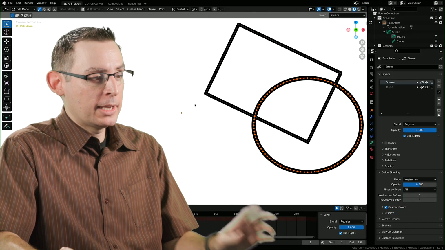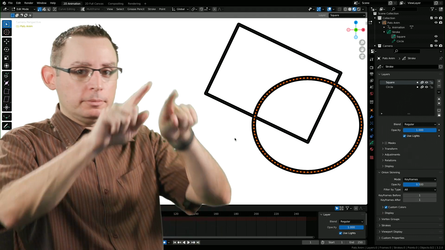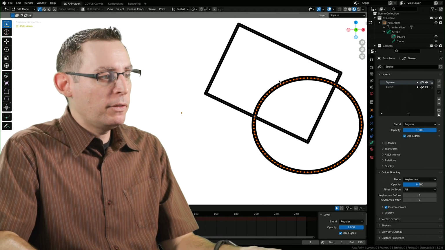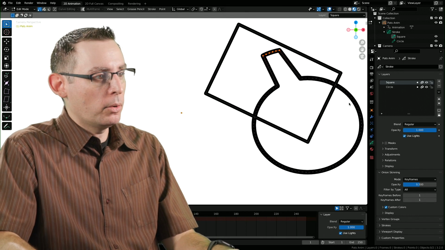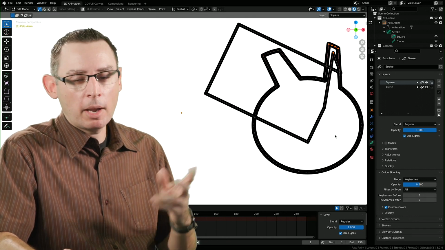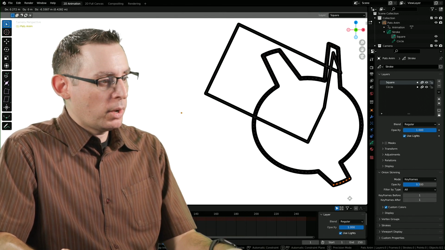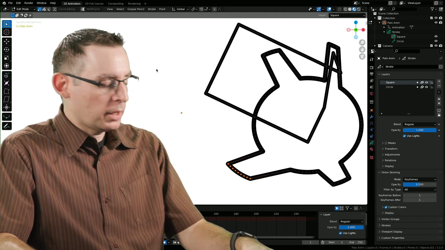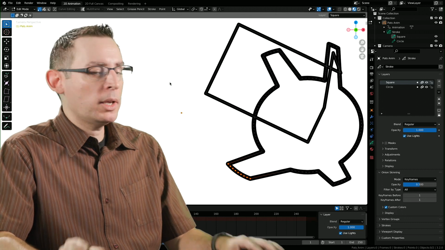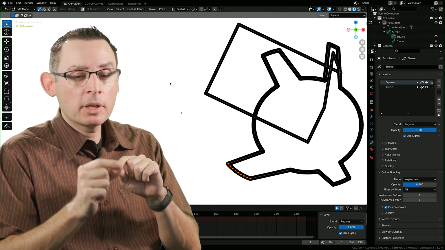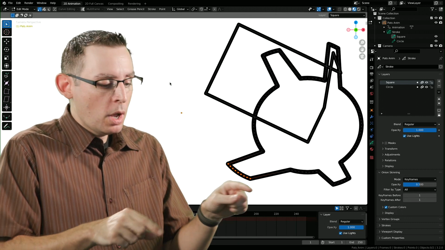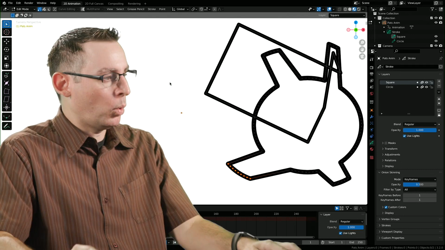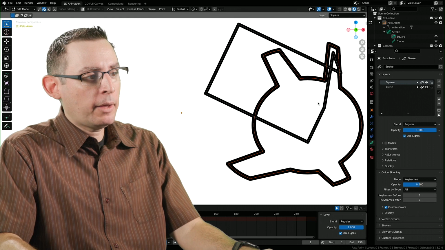Let me zoom out real fast. And now check out my circle. I'm no longer selecting just that gray outline. I can select the individual points and grab those and change their location. I've grabbed the square too, but I can go at the point level now too, which is pretty cool. The keyboard shortcut for transitioning between points and paths is the 1 and 2 on the top row of your keyboard, not your number pad, but the top row of your keyboard. 2 is going to be paths.